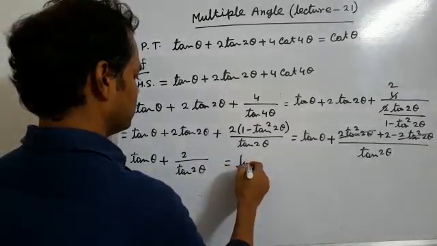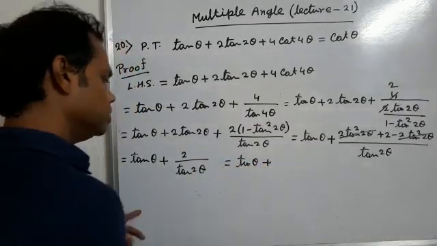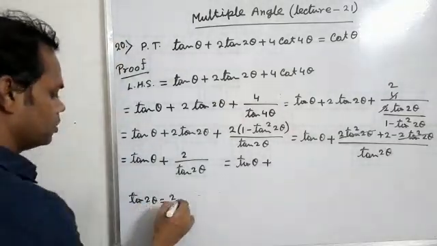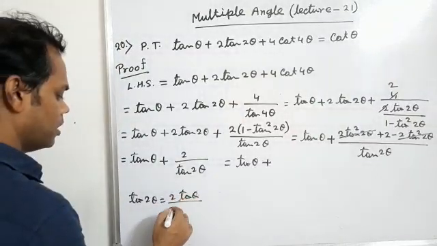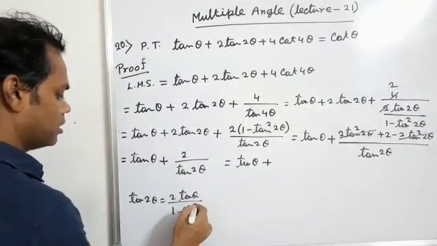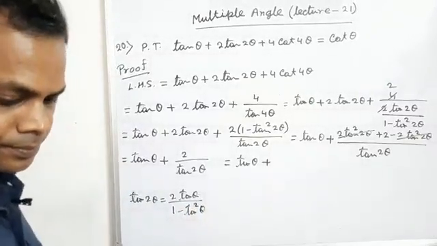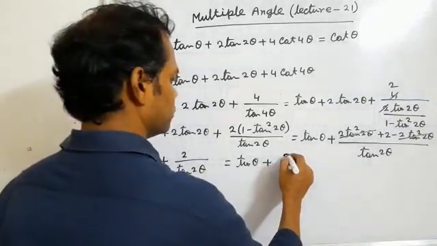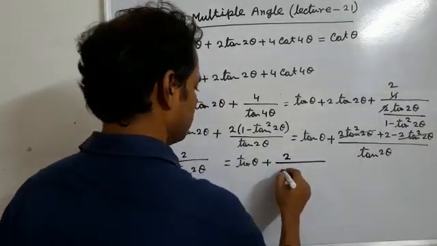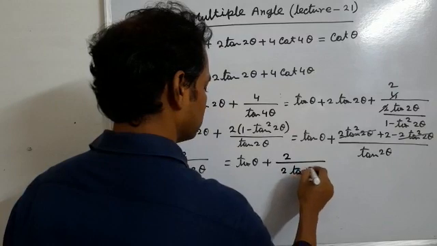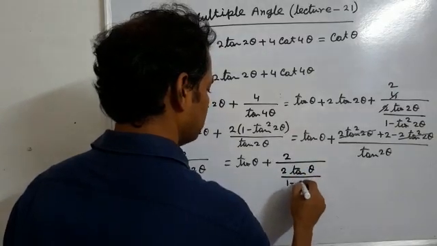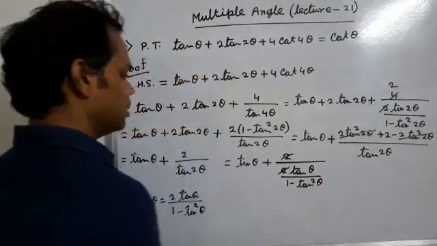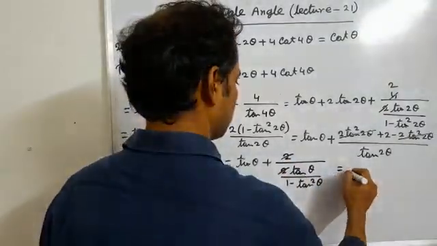So tan theta, again we use the previous formula, tan 2 theta equals 2 tan theta by 1 minus tan square theta. So 2 by 2 tan theta by 1 minus tan square theta. 2 cancel each other. So tan theta